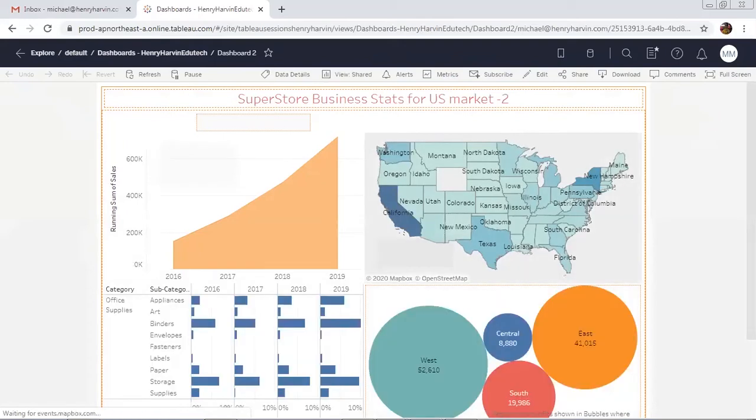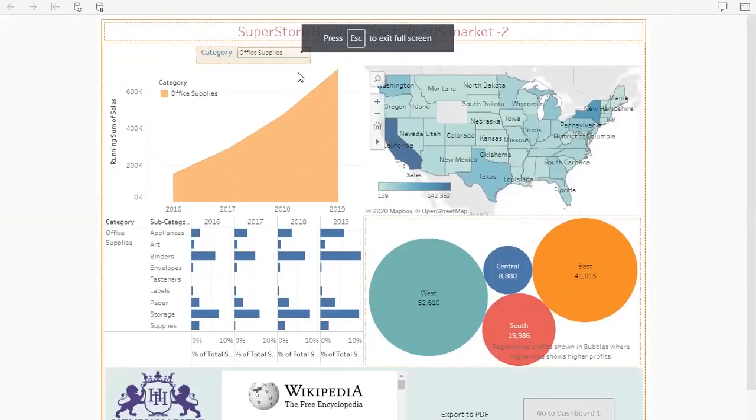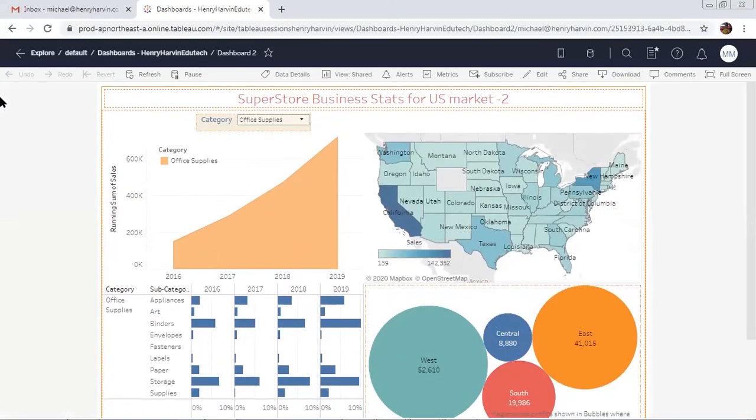Since right now I am the admin, I've got all the access. If someone else who's not an admin gets to log in, he'll only be able to see this particular dashboard part. Okay? So this is how you publish a dashboard using Tableau Online, and this is how you will share it. Now one way of sharing we have seen, and there is another way. I'll show you that as well.